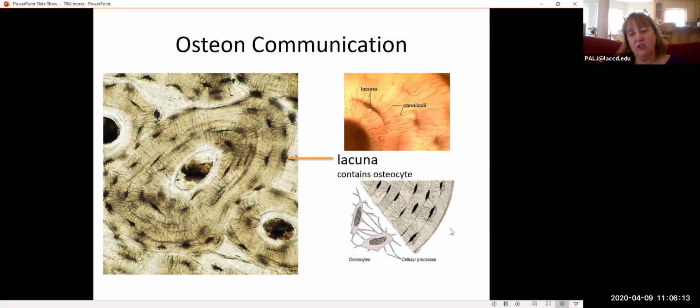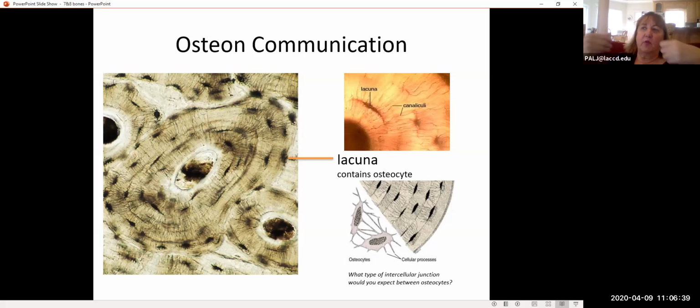And here is a cartoon drawing on the same picture showing the cellular processes of two adjacent osteocytes so that diffusion can happen between each other. So here is the question that you should stop and try to figure out. Since I have told you that nutrients are going to be diffusing from one cell to the next cell,